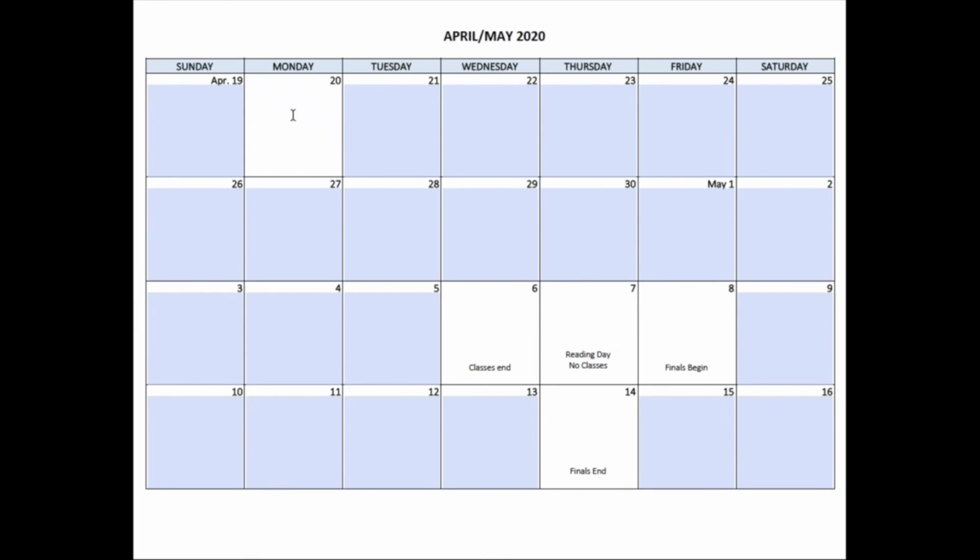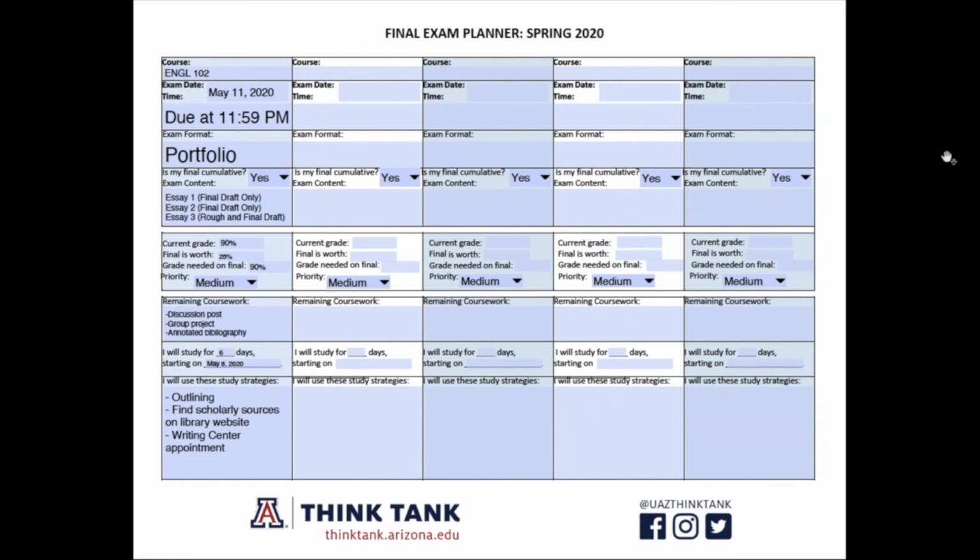A really good one to keep in mind that's coming up is registration for most freshmen, which is happening on the 20th. So we'll make note of that here. We like this document too, just because it also shows other important dates that are coming up in the semester. So that's it. You'll know that you're done filling this out when you just have a clear picture of what you need to do and how you'll accomplish each goal.